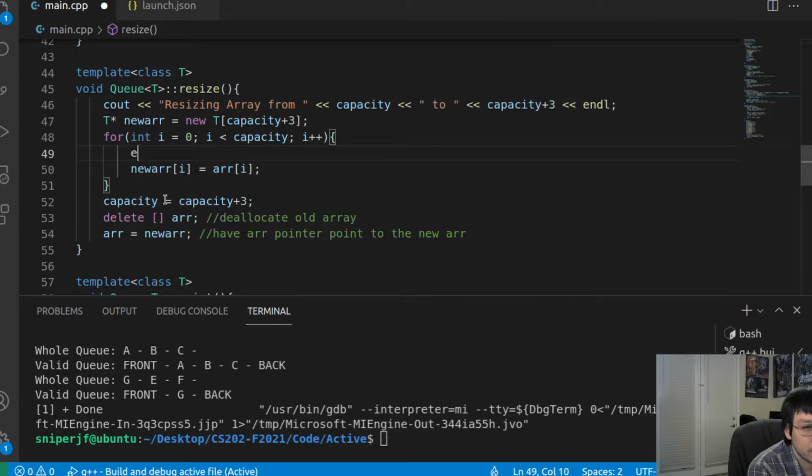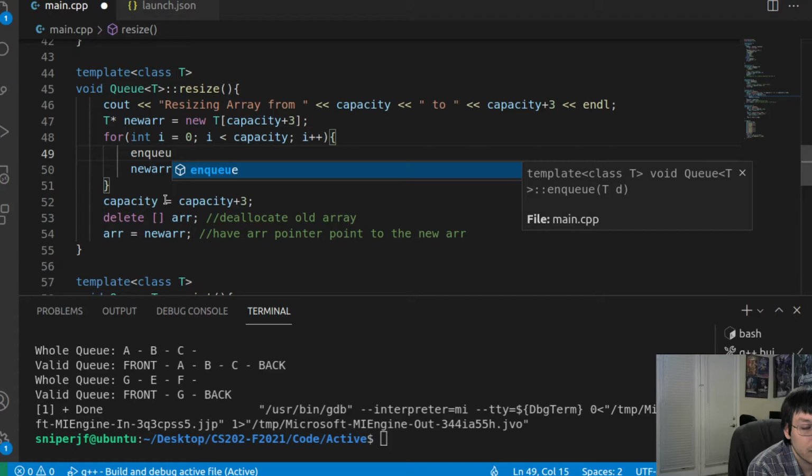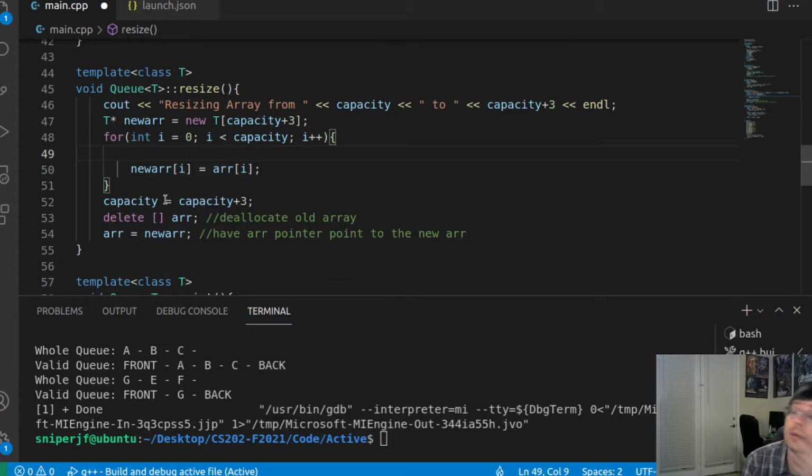self. Well, you need to write the word self. You can just say enqueue, or no. Okay, so,